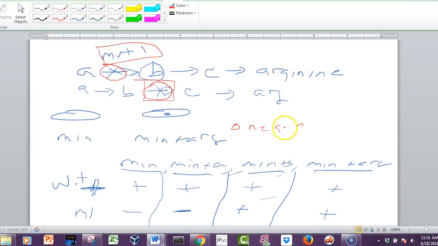That's the one gene, one enzyme hypothesis. One gene corresponds to one enzyme. So that was the first step in correlating genes with proteins. They knew enzymes were proteins. But at this point, they didn't even know if genes were DNA or not. They just knew that a gene was something that you could mutate and get a phenotype.